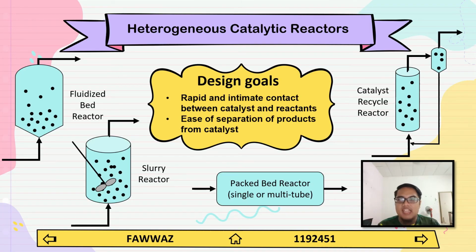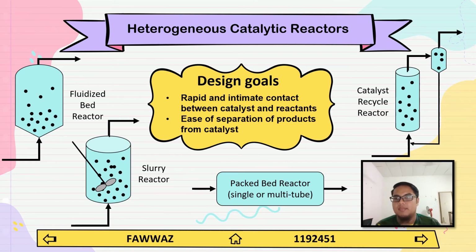Okay, for my last slide, this is on heterogeneous catalytic reactors design goals. So the first design goal for heterogeneous catalytic reactors is rapid and intimate contact between catalyst and reactants. So we want the collision between the catalyst and reactants to be maximum so that we can produce maximum activity. And the second goal is ease of separation of products from catalyst so that the product can be